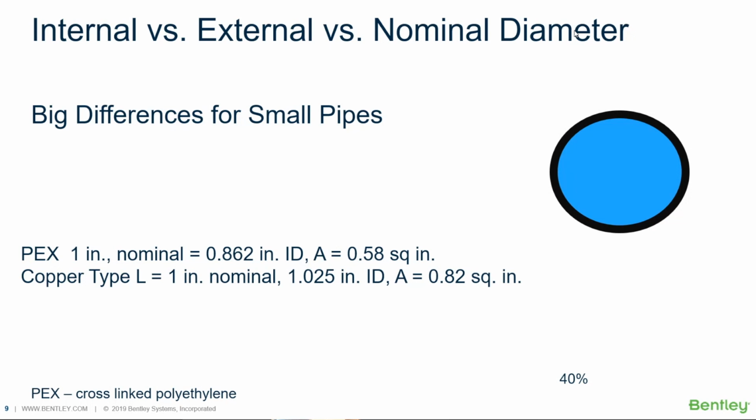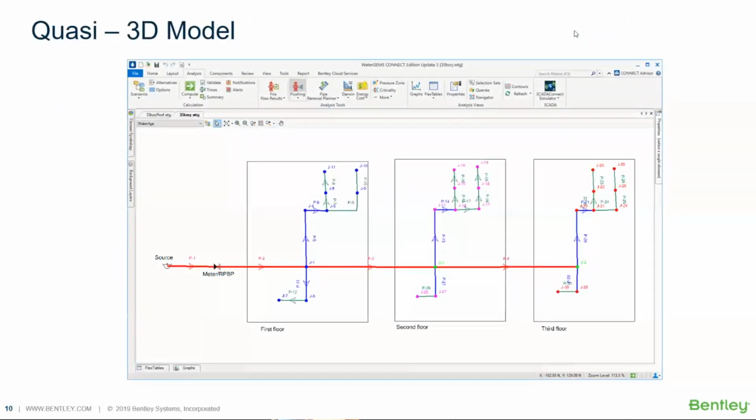Now, how we do the modeling right now in WaterGEMS, EPANET, and other similar hydraulic models, if you just want to take a standard water distribution model and apply it in buildings, is they tend to be based on a two-dimensional view of the world, because that's the way water distribution systems are.